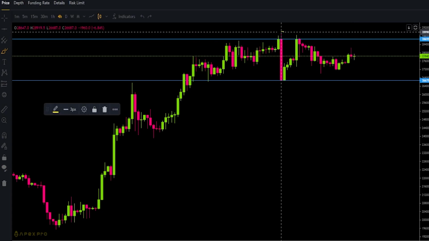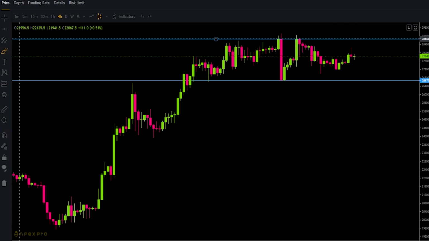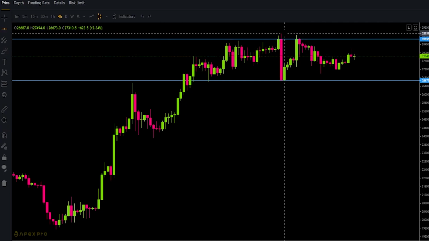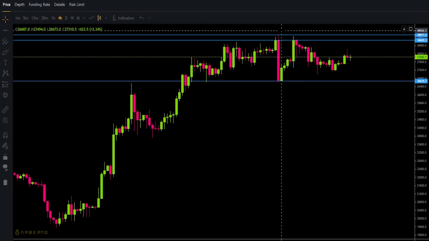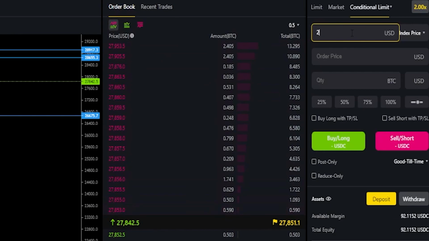Maybe I'm looking at this wick right here and I want to use that as my trigger price. So what I'll do is I'll grab a horizontal here from the drawing tools and I'll go ahead and just mark that wick, something like that. Now I can see on the y-axis of the chart that there's a price point correlating to that wick at 28,917. So let's come over here to the order panel and I'm going to type that into trigger price,